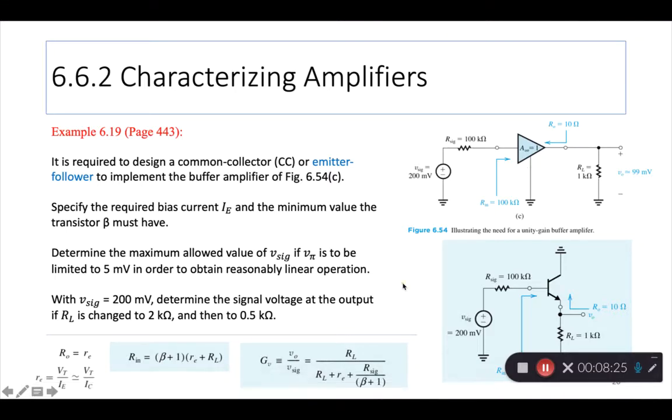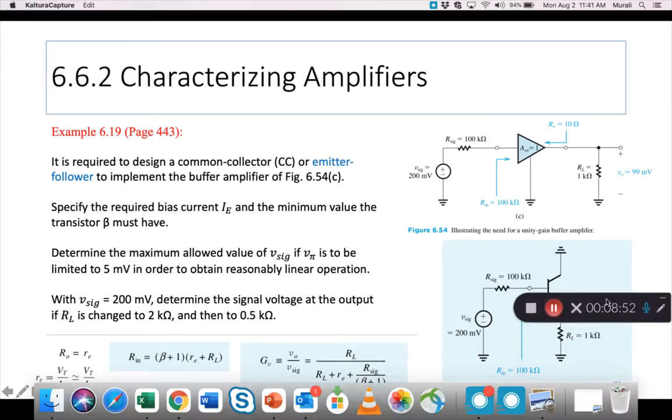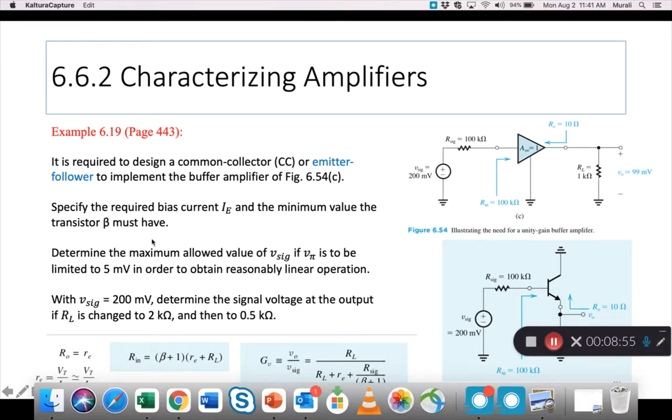So that's what we have to do, and the values shown here, the 200 millivolts on the signal, the resistance of the signal source 100 kilo, a load of 1 kilo, are all duplicated. It's the same thing. And remember also that the gain should be 1, unity gain. So all that is given, and we have to design, meaning we still have to find the IE,